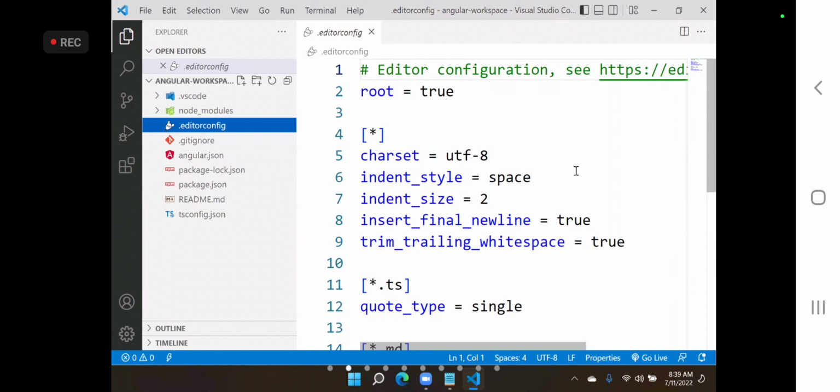So you see, insert final new line is true, indent size is 2, indent style is space, character set is UTF-8. What does UTF-8 mean? You might have learned this even in HTML also. Character set UTF-8 means,